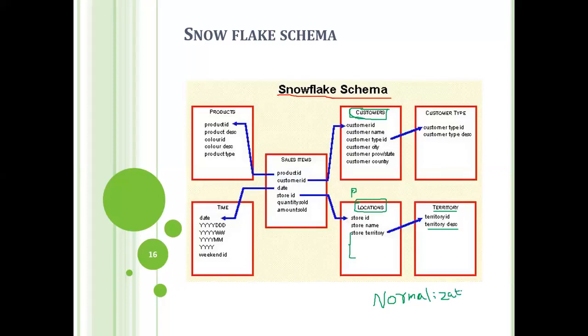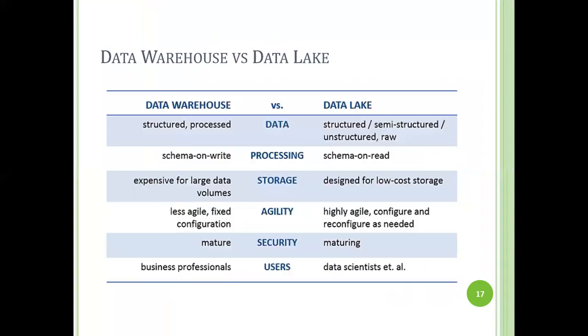See, in real time, OLAP tables are denormalized. In the entity relationship model on the OLTP side, the tables are normalized. On the OLAP side, it's denormalized. Our data warehouse is denormalized. Denormalized is nothing but this. But here, in Snowflake, again we will normalize it. So what is normalization? To avoid data duplication, data redundancy, repetition, we are going for